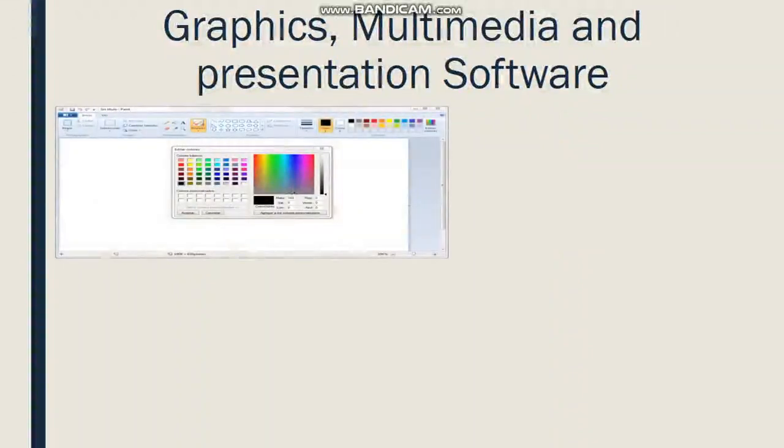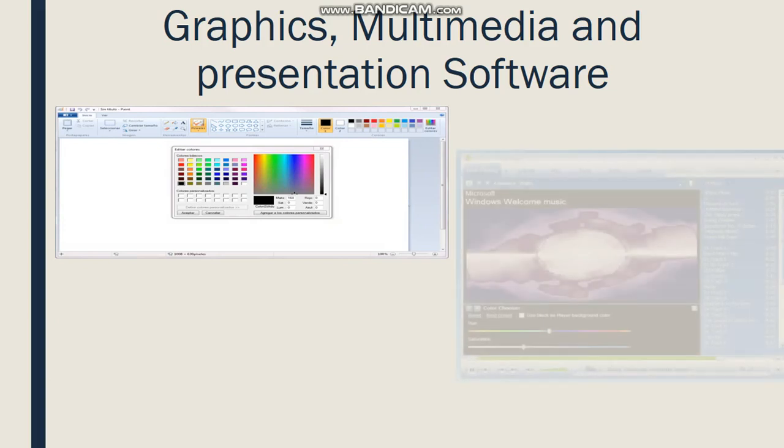It is a software which is used to create images such as charts, graphs, photographs, logos, cartoons and much more. So with the help of graphical software we can create charts, graphs, photos and logos. The examples are Paint, Photoshop, AutoCAD, Dreamweaver and many more.